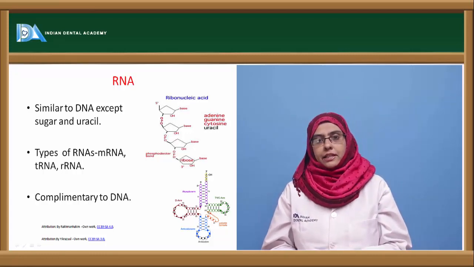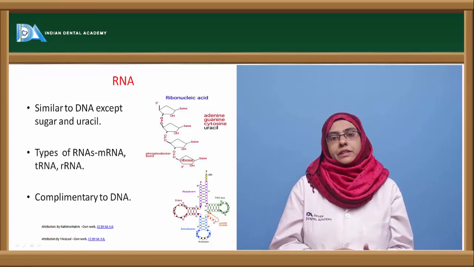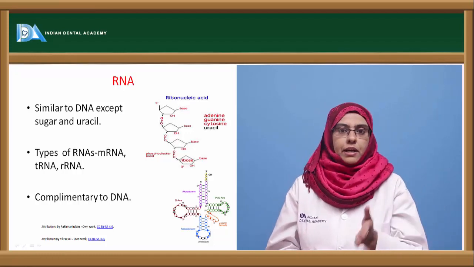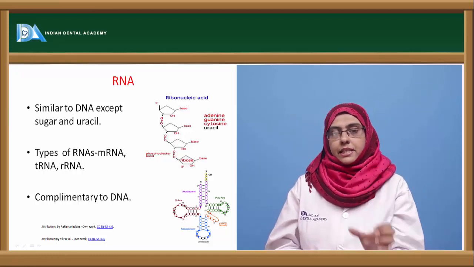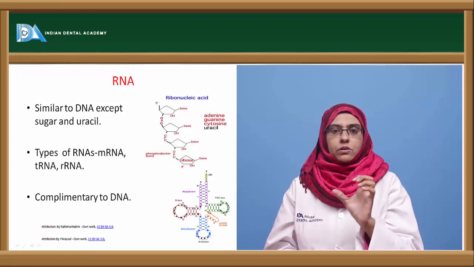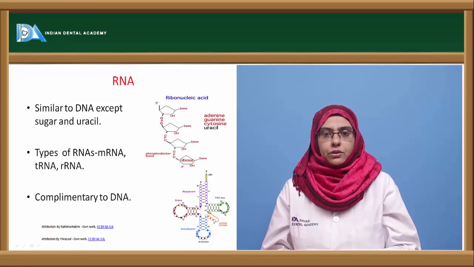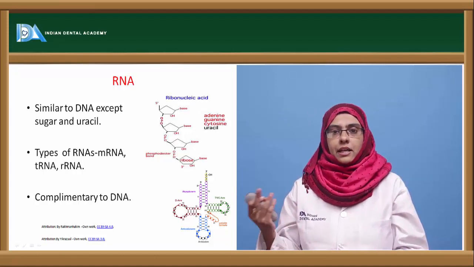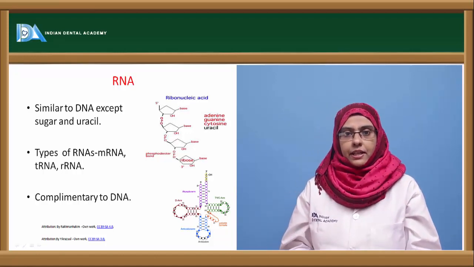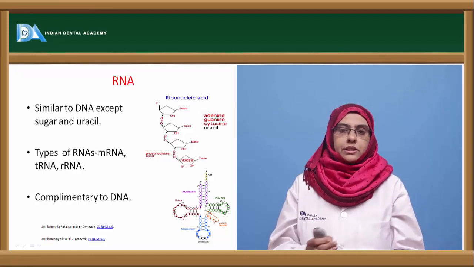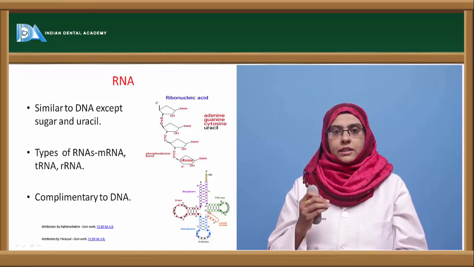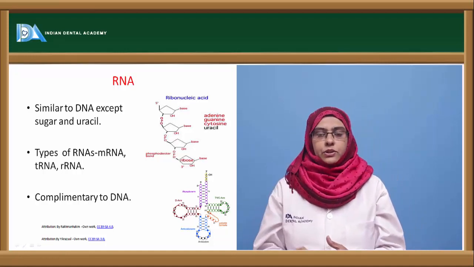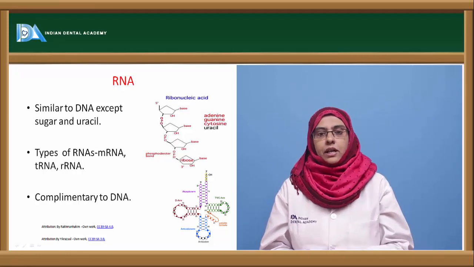Informational RNA is the mRNA that has all the information related to the synthesis of the protein. From the DNA, mRNA is produced, which is called a messenger RNA, and this messenger RNA holds all the information that can be translated into the proteins via two functional RNAs which are called tRNA and rRNA. tRNA is transfer RNA that brings amino acids during the protein synthesis, and rRNA is called a ribosomal RNA. It is a place or a machine where the proteins are usually synthesized by a process which is called